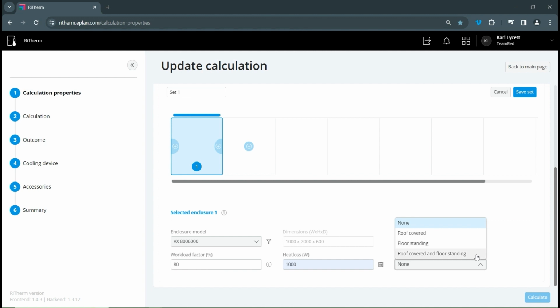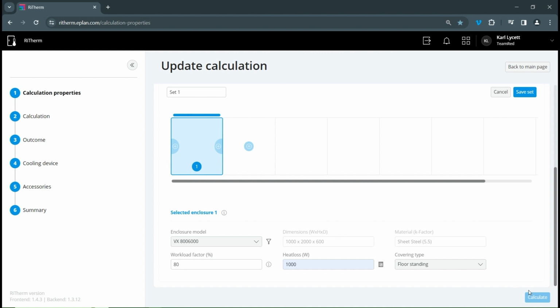Or we would have the worst case scenario, I guess, which would be the roof is covered and it's floor standing. So basically, you just need to pick the configuration that best suits the way this enclosure is actually going to be on site. So if I click floor standing,